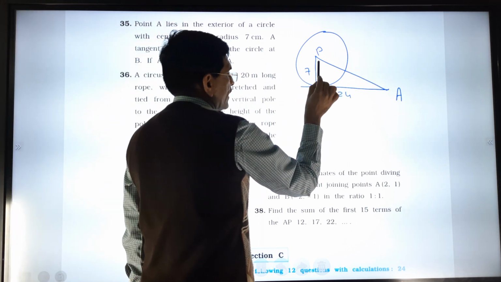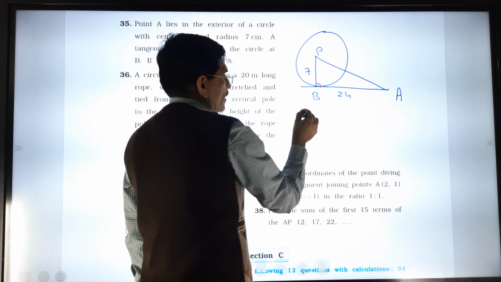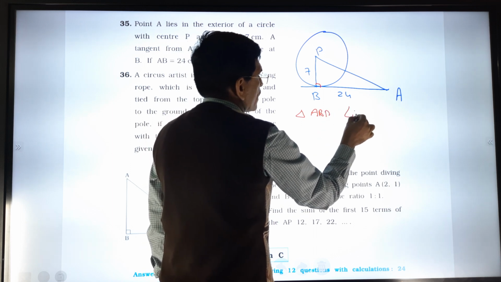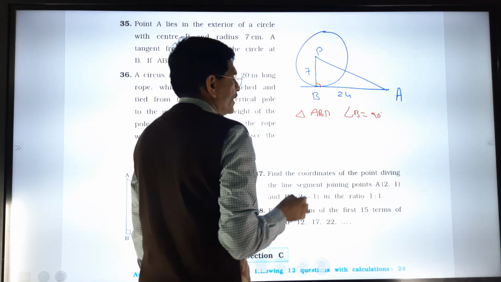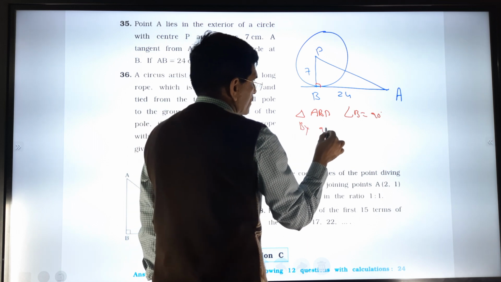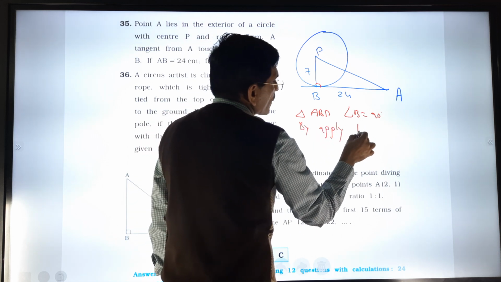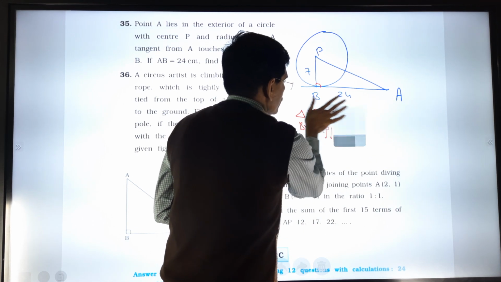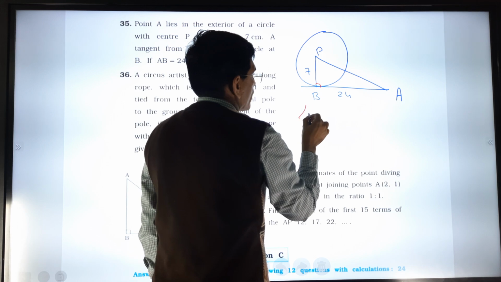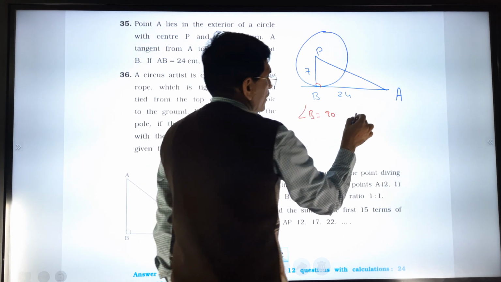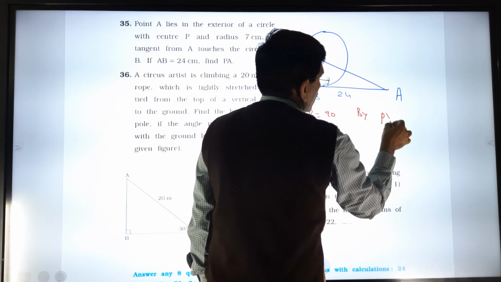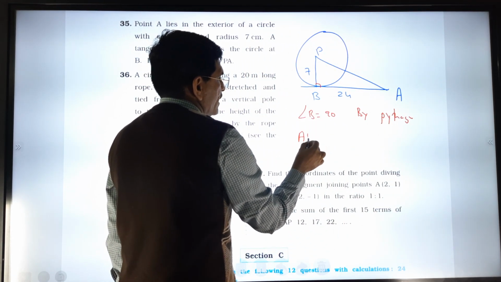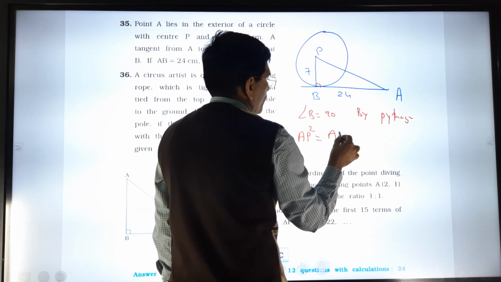First of all, we have to write the name of the triangle, that is ABP. Measure of angle B is equal to 90 degrees. By applying Pythagoras, we can say that AP square is equal to AB square